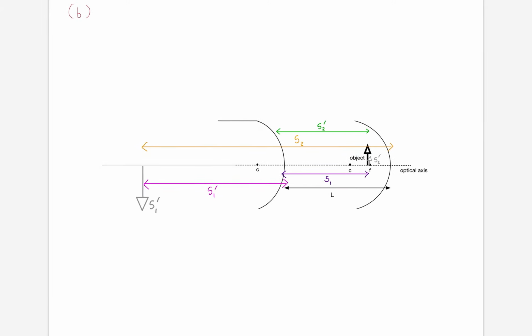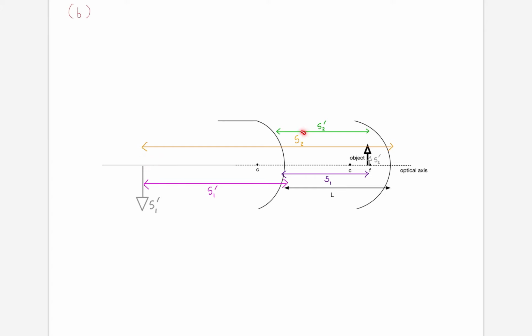I'm going to consider S1 prime as that first real image formed by refraction deep inside the refracting material. And that's because now my object distance is this, okay? Now, this is then going to act as the primary image and secondary object that's going to create the secondary